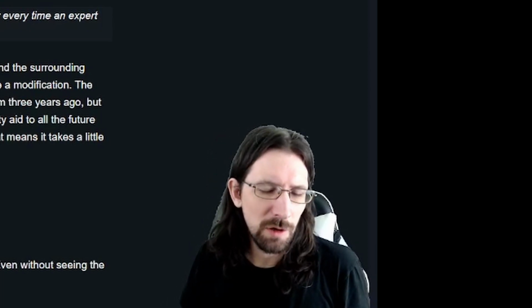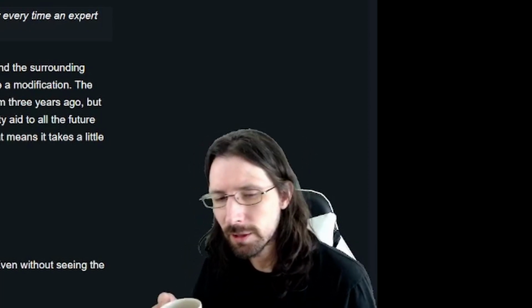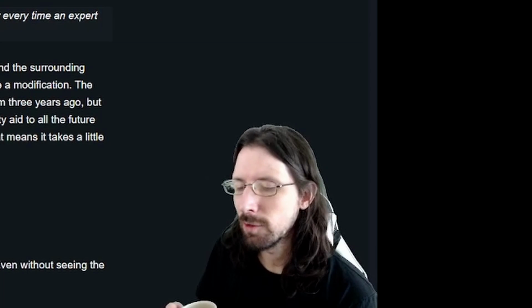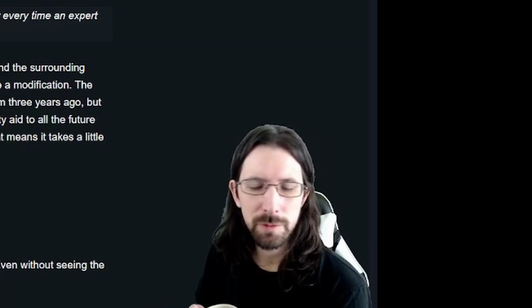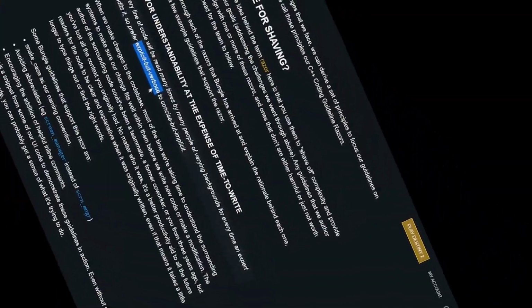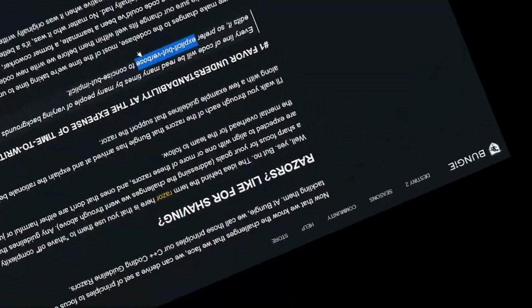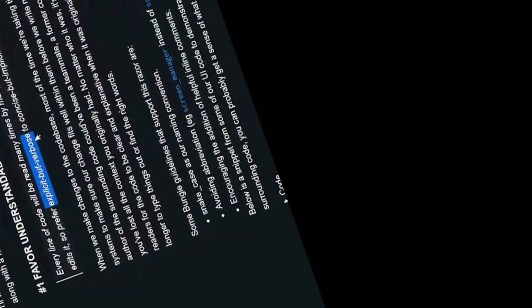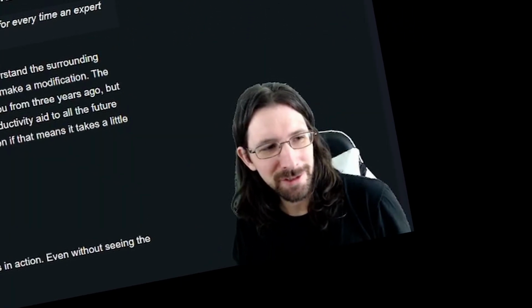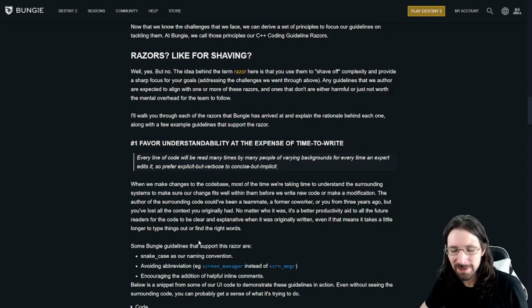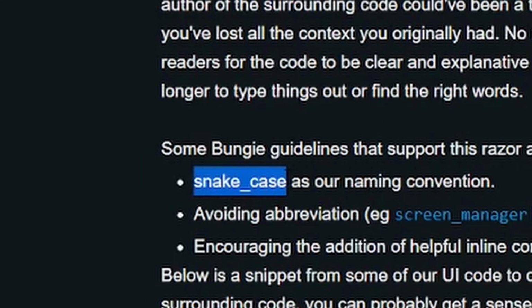I guess that'd be long function names that are very clear, and maybe longer variable names that are very clear about what they are just by the variable name. I always find it frustrating to go into a new code base and everything's an acronym and you're like, how am I supposed to figure out what this is? That is always a bit frustrating. Sure, you can usually eventually figure it out, especially if there's good comments and a good write-up about it. Then it looks like they do snake case as their naming convention.